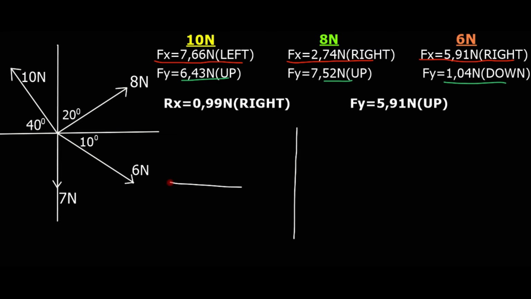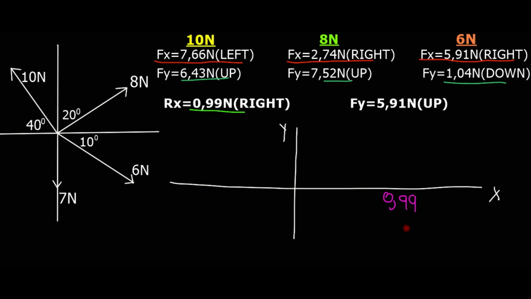So this is the Cartesian plane, and because here we have Rx, it represents the x axis, and then Fy represents the y axis. But now let's see, this value is positive, so we say we are going to write on the positive side. If it was negative we would write on this side. So because this one is positive, we write on the positive side, and then this is